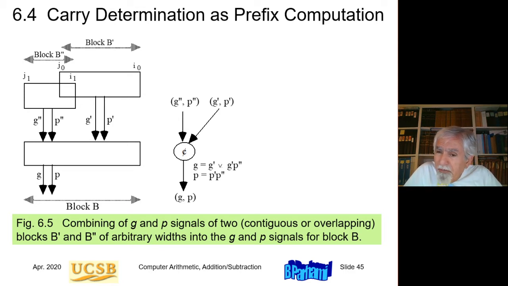And at the bottom of the circuit on the right, you see the expressions for those 2 outputs. The block as a whole propagates if both of those smaller blocks propagate. So P is equal to P prime, P double prime. And the block generates a carry